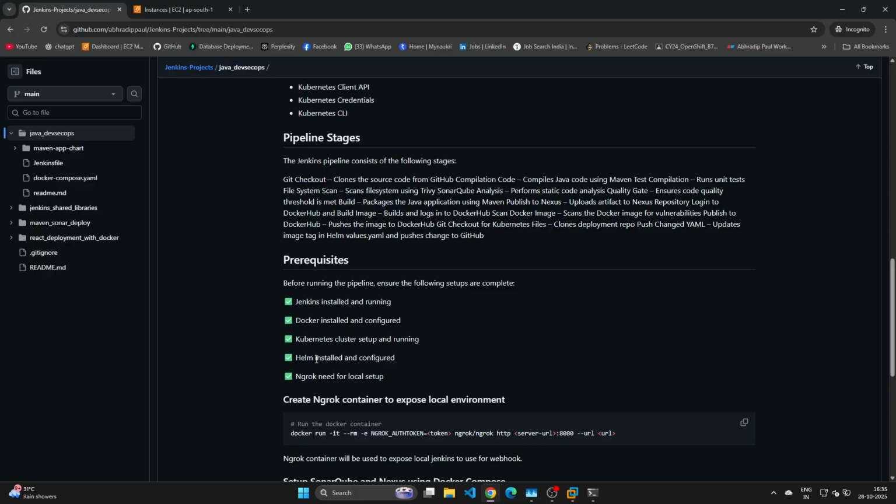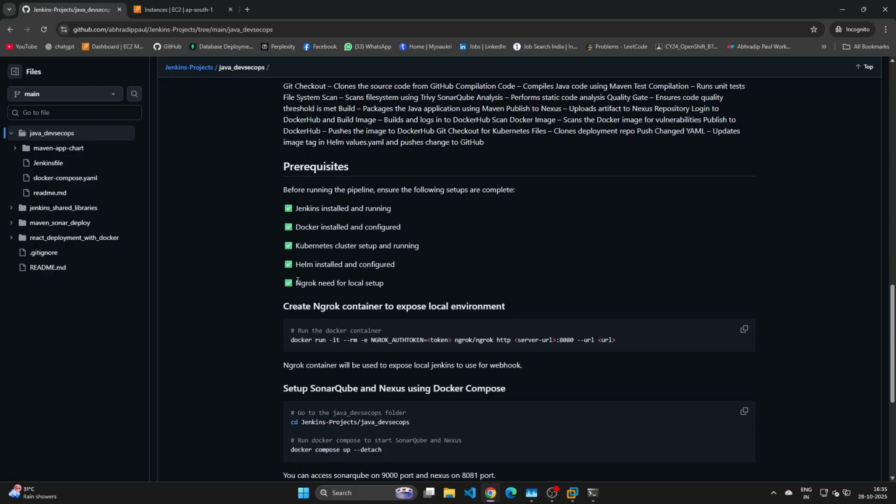Helm I also need actually for creating the repo, creating the manifest file for the deployment, and also I am using Ngrok. So Ngrok actually means I can create anything in local, but if I want to expose it to the internet, I am using Ngrok. So why is Ngrok needed? Because there is a